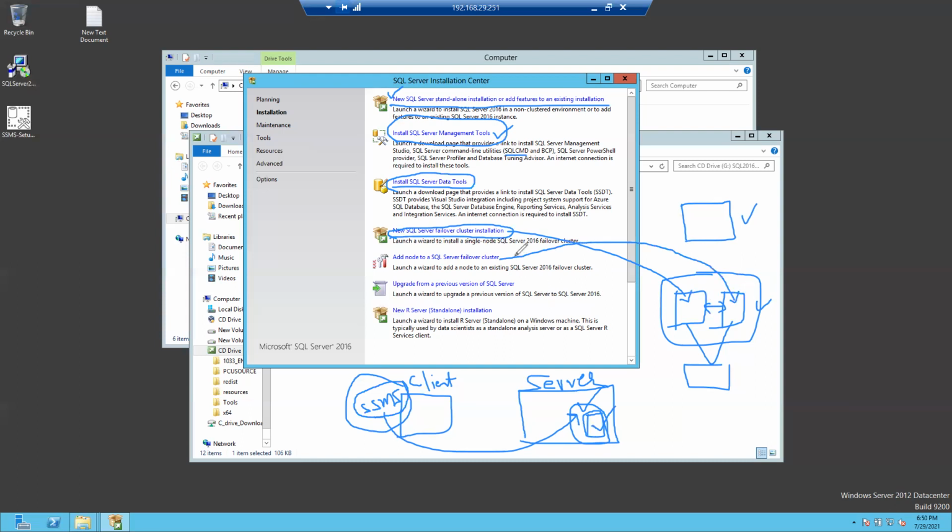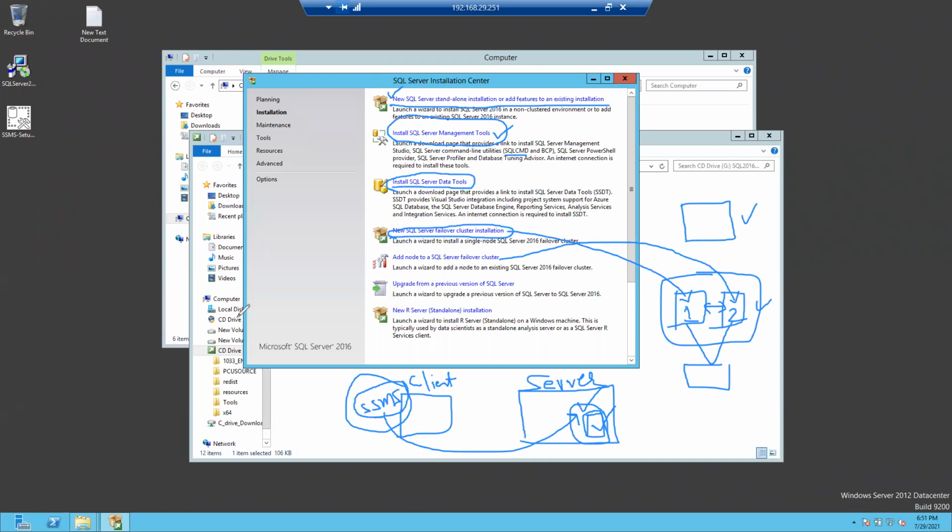This is node 1, node 2. On the first node you need to do the new SQL Server failover cluster install. On the second node, no need to go with the new SQL Server failover cluster install. We need to add a node to the cluster.